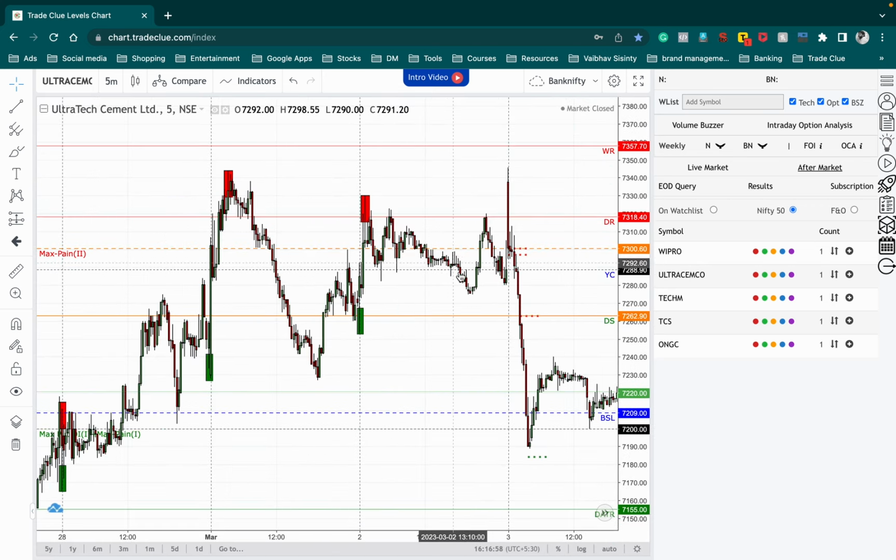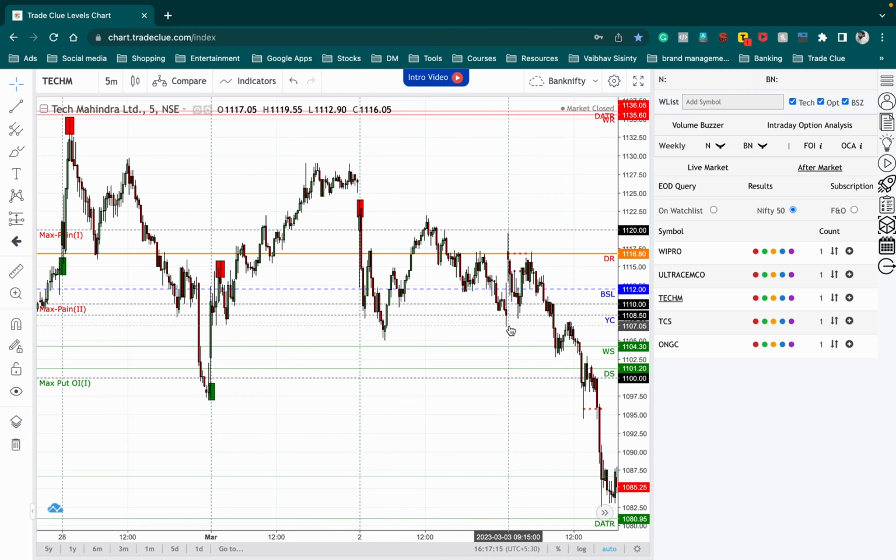The format to buy or sell these particular stocks will be: as soon as the price breaches above the red box or breaches down below the green box, it will help me take a breakout trade. As we all know, the red box stands for a good selling zone. Similarly, the green box stands for a good buying zone.